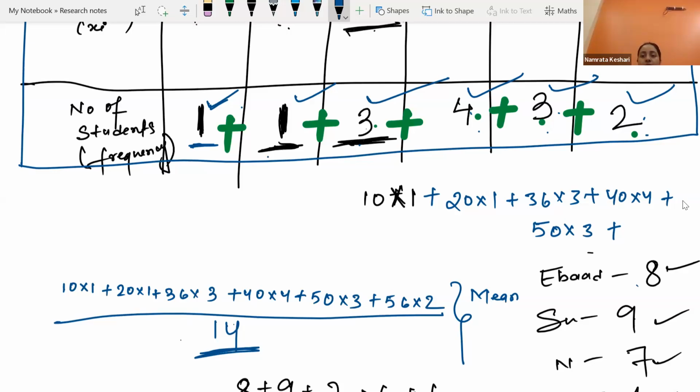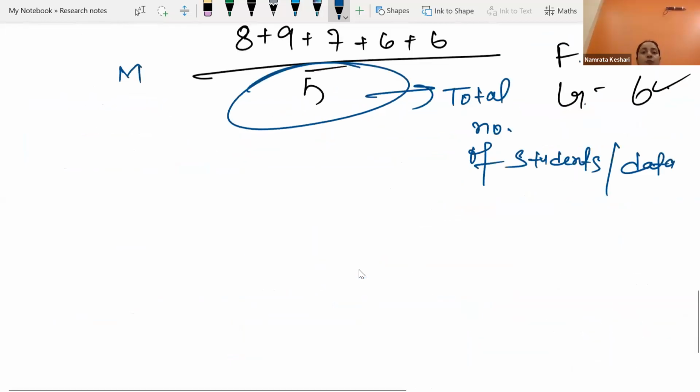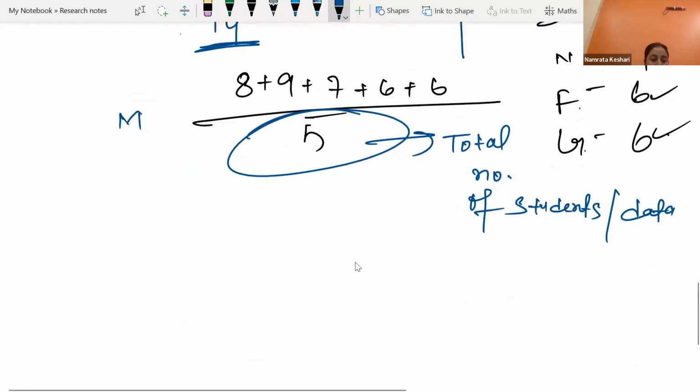ओके, नाउ जब हमारे पास ग्रुप डेटा हो तब फिर क्या करेंगे? ये तो हुआ अनग्रुप डेटा। डेटा अनग्रुप था, सेपरेट डेटास थे, दैट 10 मार्क्स 20 मार्क्स 50 मार्क्स वॉट एवर। बट जब डेटा ऐसा कुछ दिखेगा, लेट मी राइट इट, जब क्लास इंटरवल दिया